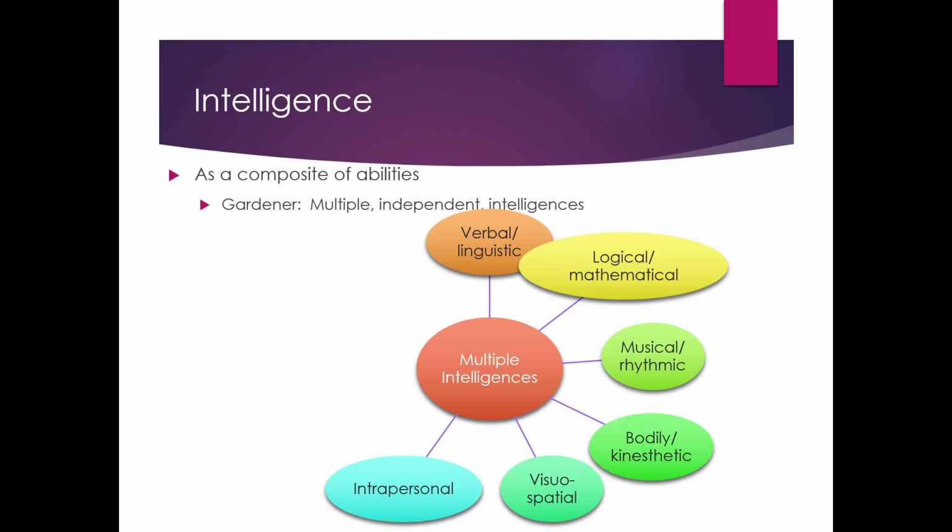Intrapersonal intelligence is your knowledge of yourself. So knowing your own motives, knowing your own emotional states, understanding the role of your past in your present behaviors. All of those things are part of intrapersonal. Interpersonal is your ability to do those same kinds of things, but for other people, right? Like recognize their motives, recognize their mental states, recognize how they're feeling about you.